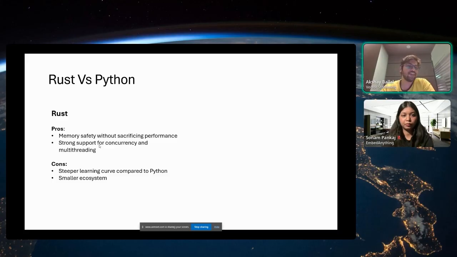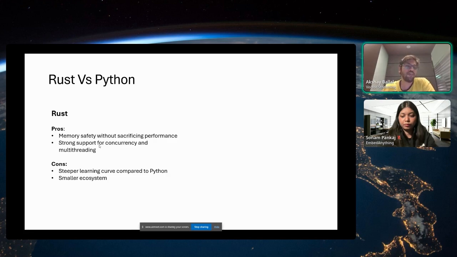You'll run out of memory, and memory is not cheap. Here we have tuned that for you. Also, Rust has a strong way to do concurrency, multi-threading and multiprocessing, which is used in vector streaming, as we'll see down the line.